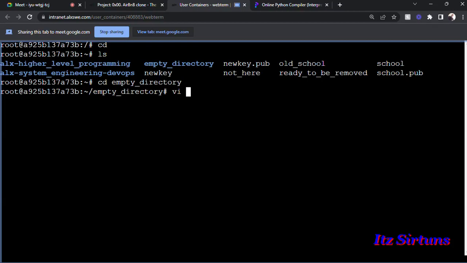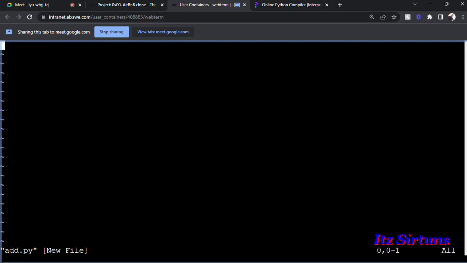All right, so I want to create a file. Let's call that file add.py. In this file, I want it to be a shebang, #!/usr/bin/python3, right? def add(a, b):